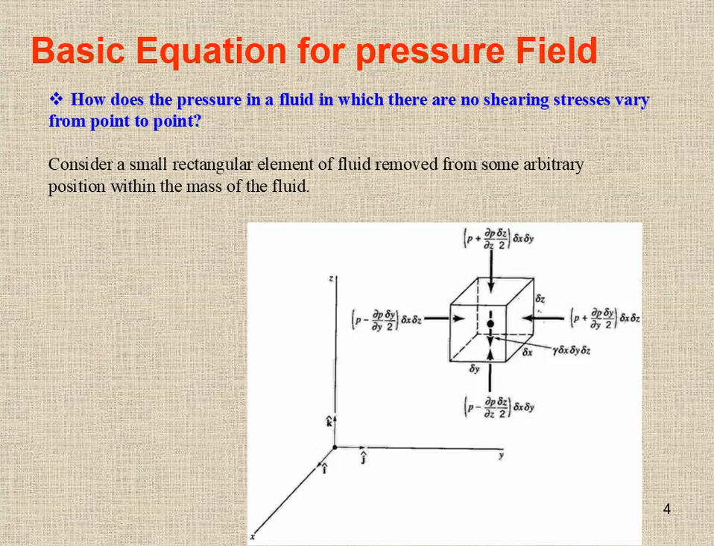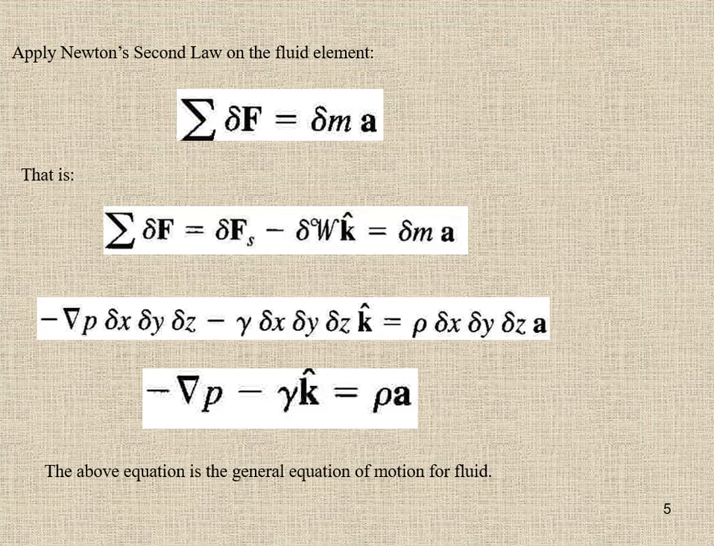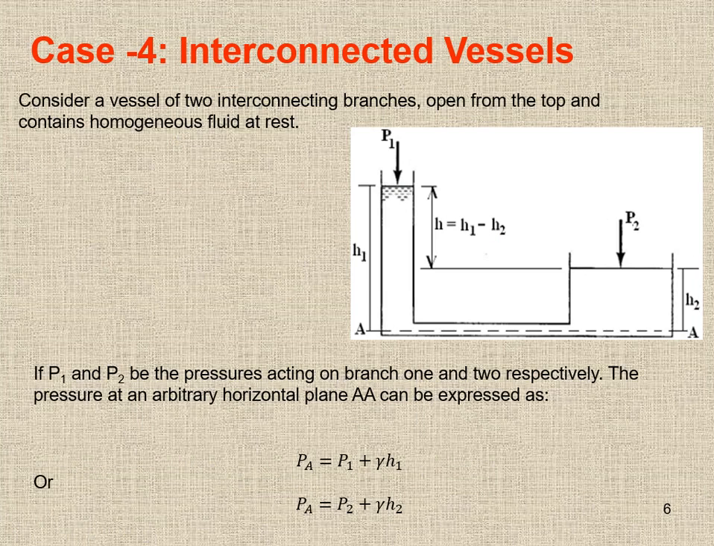So let's see a quick review of the basic equation for the pressure field that we derived previously. This is the final form of the basic equation that we derived in the previous lecture, and based on that, we will see case number 4 and case number 5. So case number 4, what exactly is it? The interconnected vessel. Consider a vessel of two interconnecting branches open from the top and containing homogeneous fluid